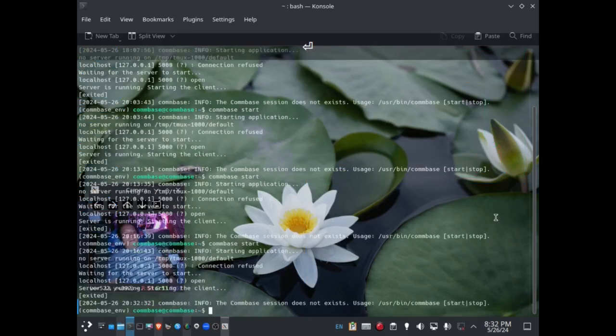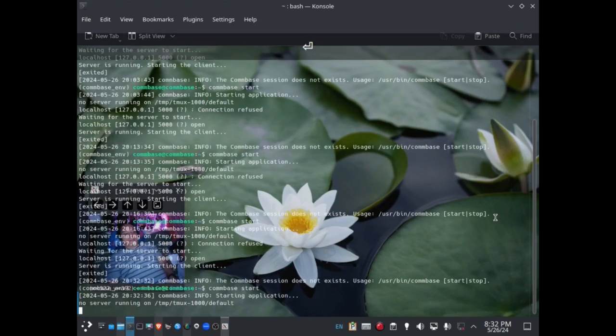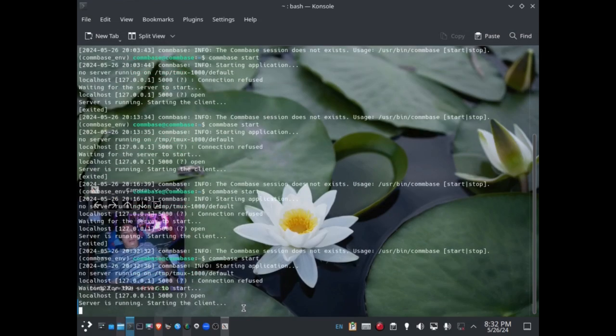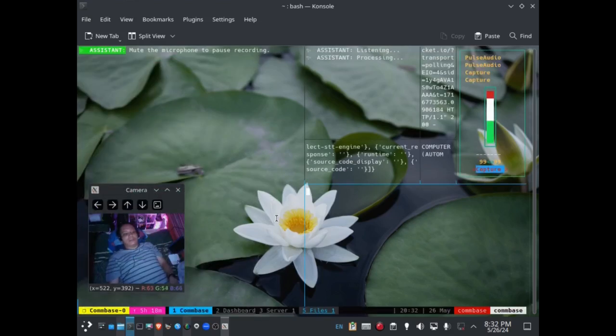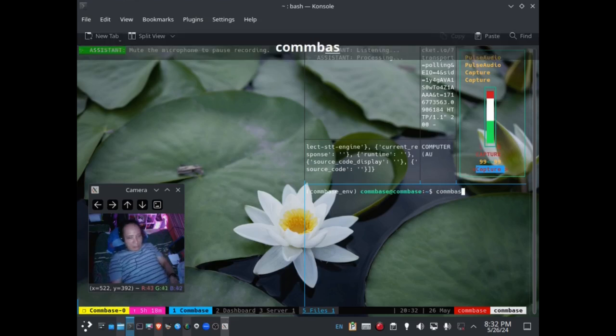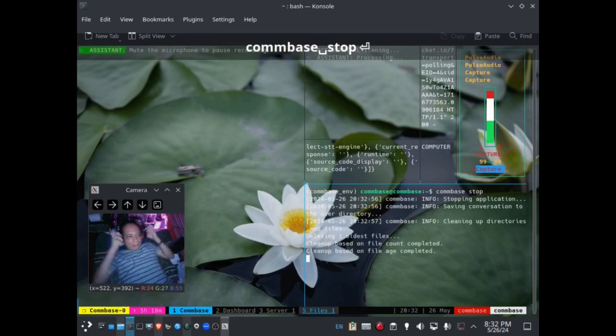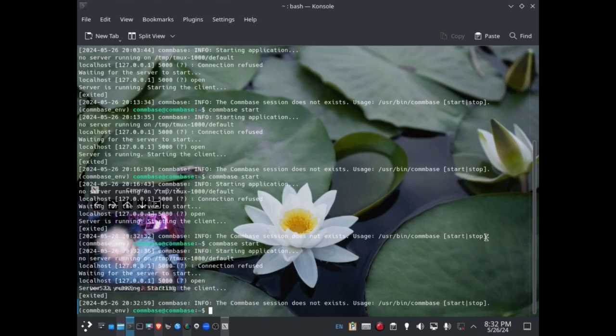Coinbase stop. Now I'm gonna start with the proactive, right? Because it was set up in the configuration. Now I'm going to do it again without the headphones.